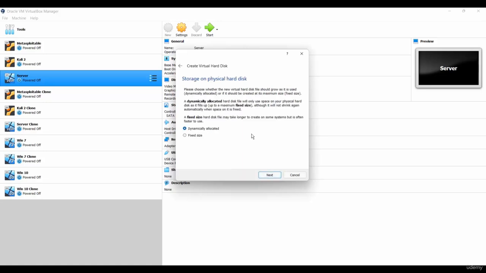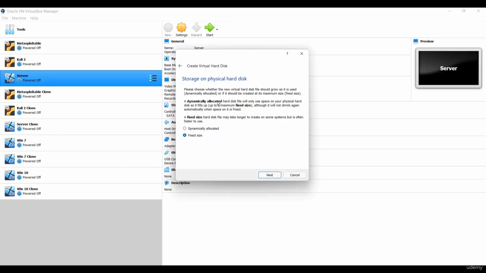It says whether you want a dynamically allocated or a fixed size hard disk. Here you can read the difference between the two. It says a dynamically allocated hard disk file will only use space on your physical hard disk as it fills up. Suppose we have assigned a 20 GB hard disk for this operating system, but once the installation finishes, it would only take 4 or 5 GB.